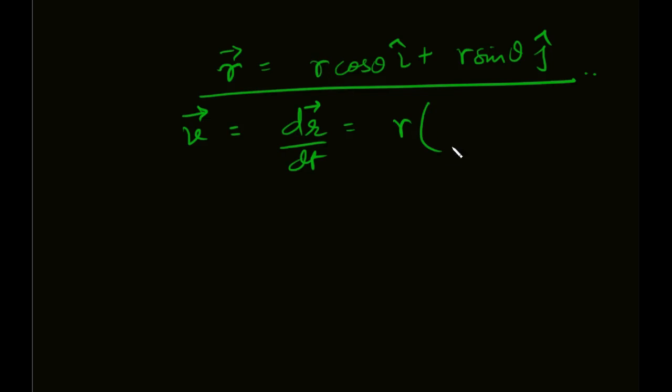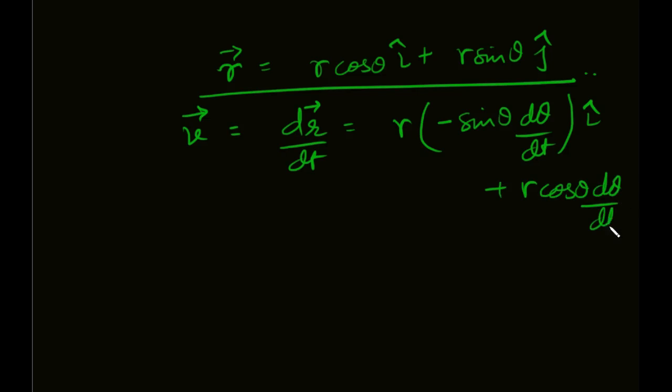So this would be equal to r times minus sin theta d theta by dt, as theta is varying, I already told you, this i, plus r cos theta d theta by dt j. The one who doesn't know differentiation should learn it and watch my previous videos. Okay. v equal to dr by dt would be equal to, now we know this d theta by dt,